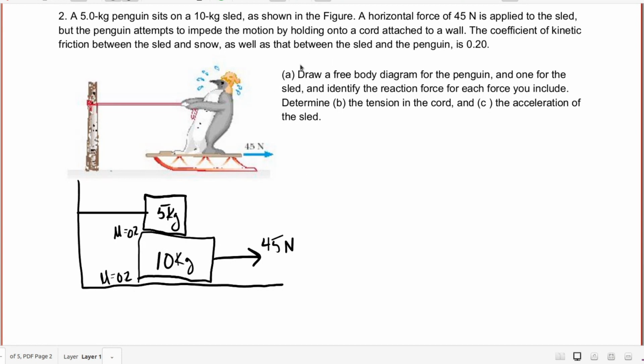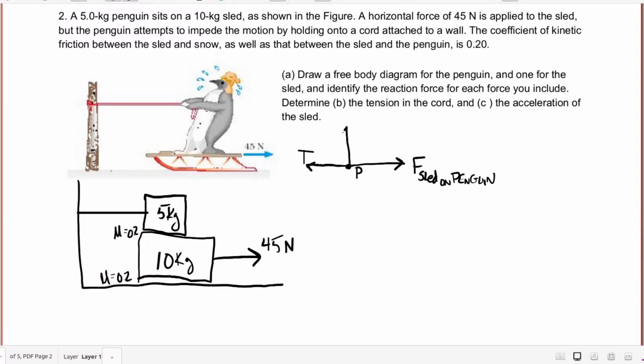Now our next step is to draw free body diagrams for each of these bodies. First, for the penguin, I see that the tension is acting to the left on the penguin. There is going to be a frictional force on the penguin's feet acting to the right. I'll call that F sled on penguin. Maybe it's a pain to have such a long subscript here, but I like to be explicit about what is